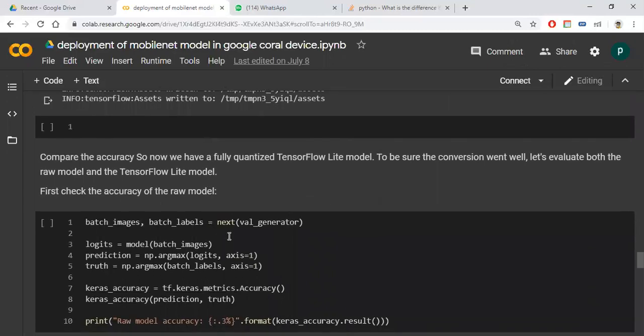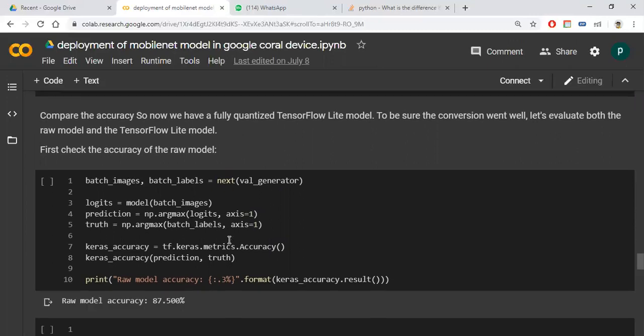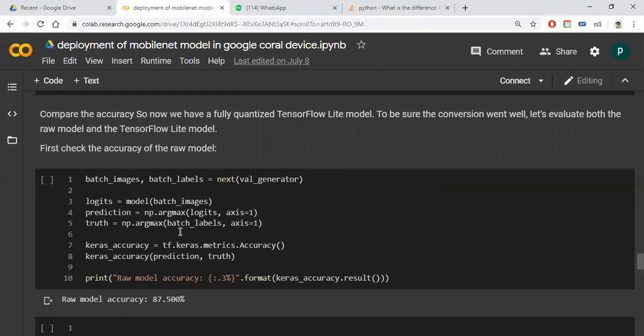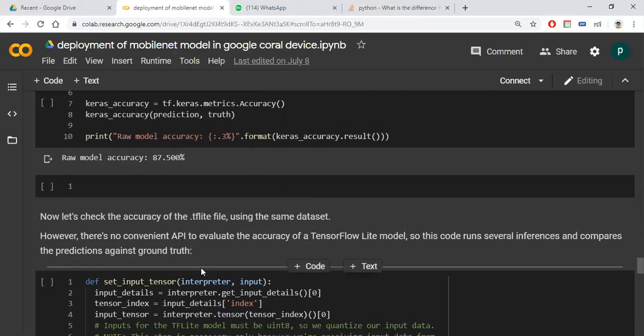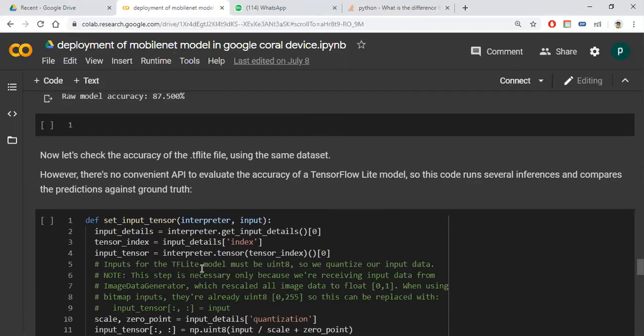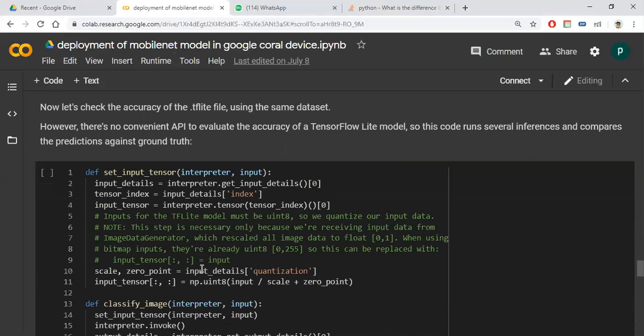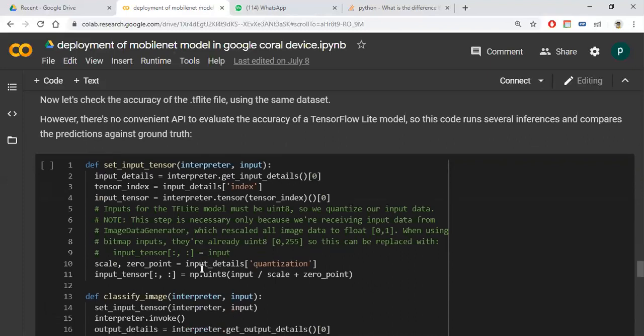So this is the code for accuracy. I'm taking the argmax function to get the reduction from the output. This is our model file in TF Lite format.